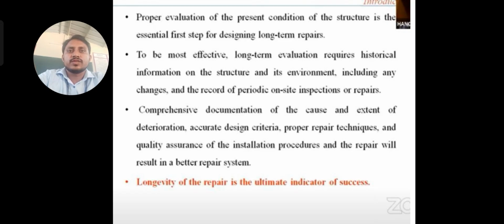Once we identify the present condition of the structures, then you need to search and evaluate the historical information: what the loading conditions were, and what materials were used at the start of the design or construction of the underwater concrete structures. Those details you need to identify and evaluate